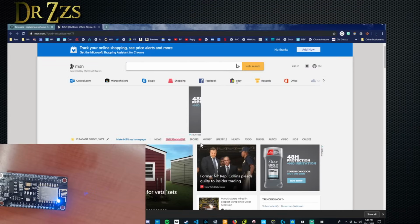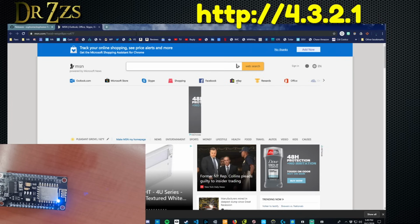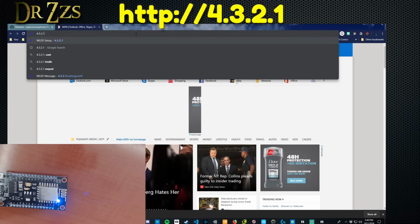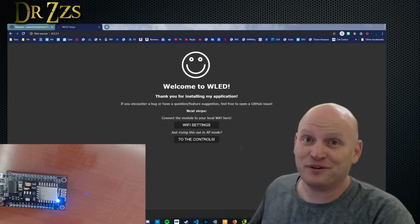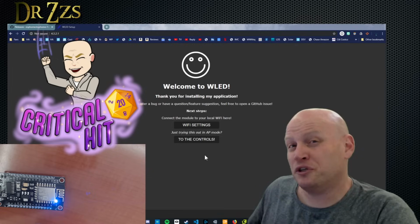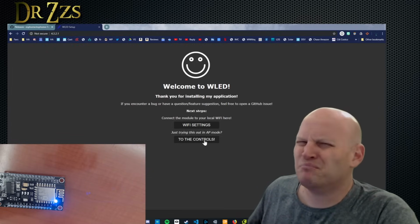Your browser might automatically find and connect to the WLED user interface, but if it doesn't, then open up the browser, like Firefox or Chrome or whatever you use, and in the search bar, type 4.3.2.1 and hit enter. And there you go. You're connected to your WLED board. Now you could control the Node MCU and the LEDs through this interface right here, but most people won't want